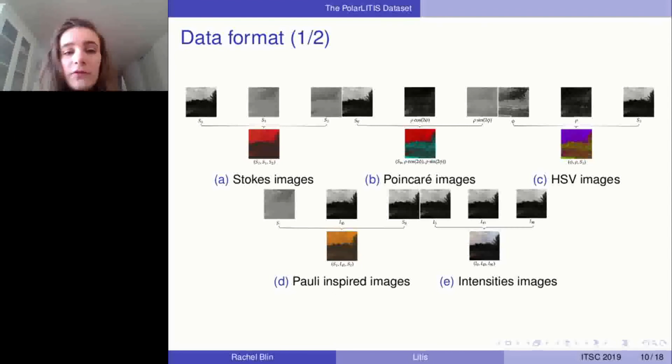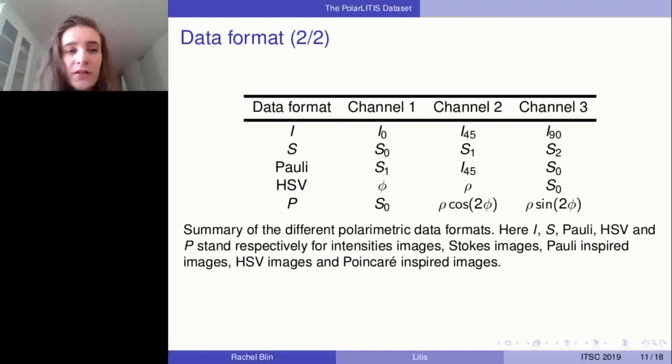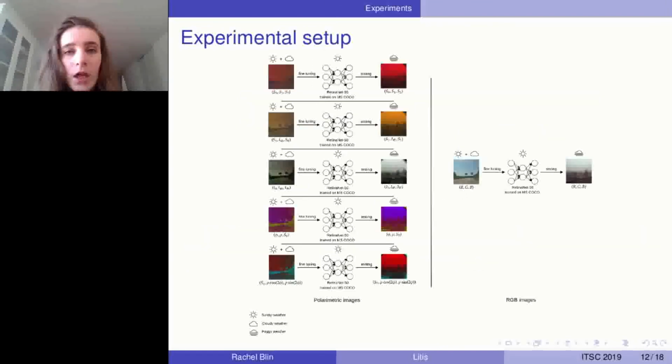On this slide, you'll find an illustration of each of these data formats of the same scene. This table summarizes the polarimetric features contained in each channel of the polarimetric data formats. For example, for the intensities images, we have the 3 intensities I0, I45, and I90 respectively placed as the RGB configuration. Now that I presented the polarities dataset, I will speak about the experiments carried out in this work.